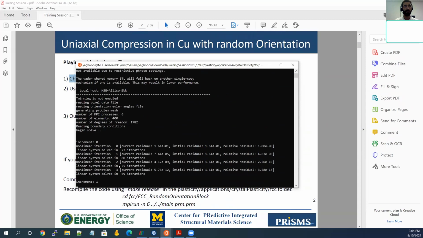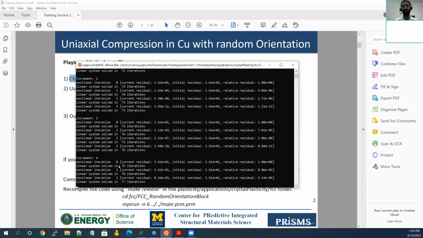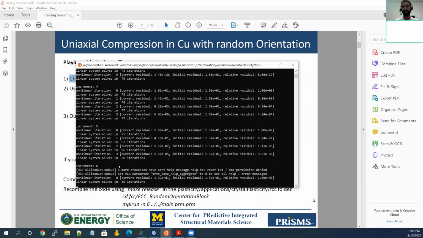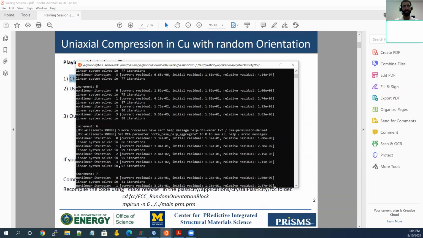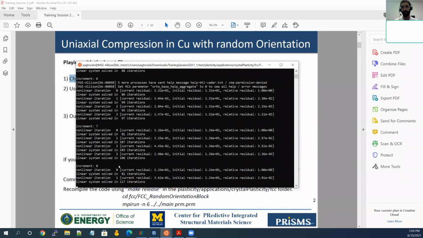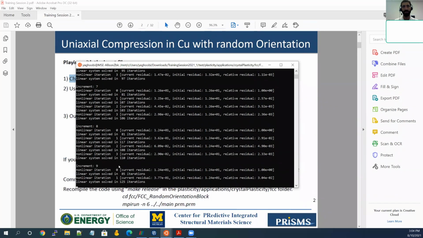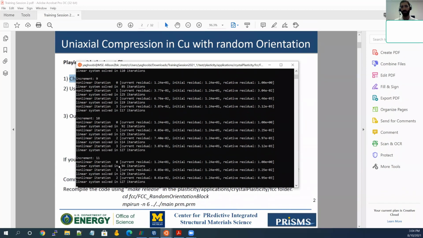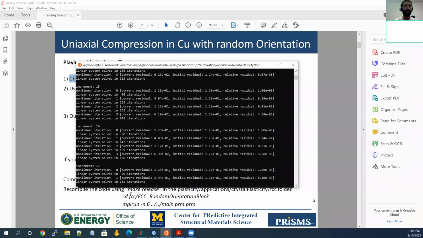Okay. So I'm going to kill this after about 50 increments, so I at least generate 2 outputs for visualization. We are expecting this one to be uniaxial tension, unlike the one that we did yesterday, which was uniaxial compression. So it should be finished in a minute, but